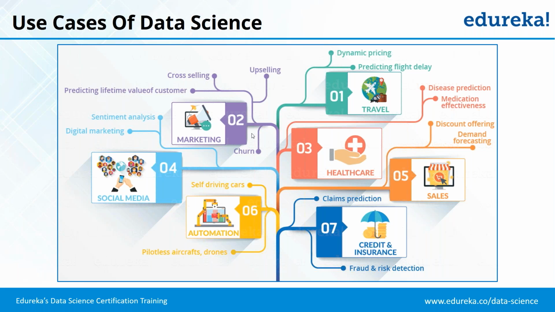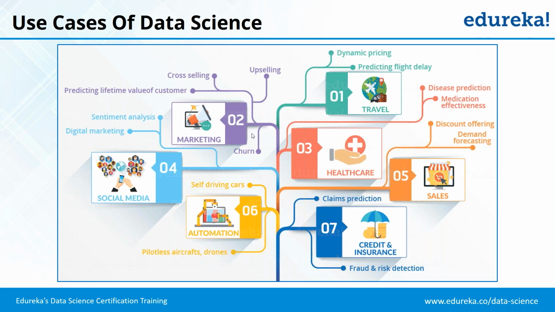And that is done on the basis of several different parameters, like the source, the destination to which they are flying, the weather conditions in those areas, whether they are geographically suitable for flight travel or there is a lot of turbulence, then the average wait time that is there, the number of planes that airlines have, and a lot of different parameters come into deducing what would be the predictions for the flight delays.